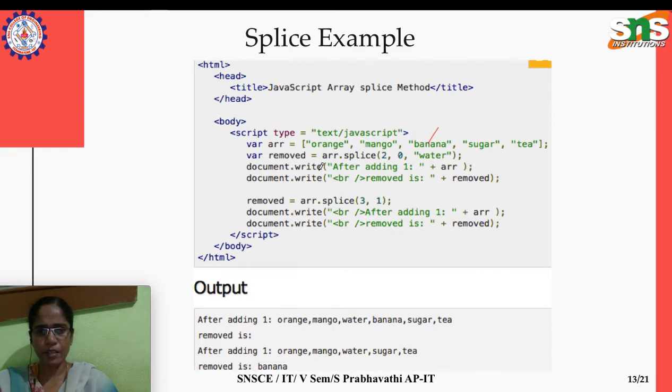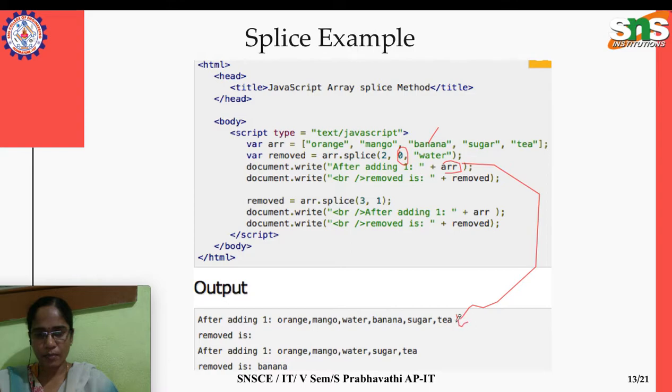Document dot write: we are not removing anything because the second argument is 0, so no items are removed. After adding one element, what's the value of this array? Its execution is given here.